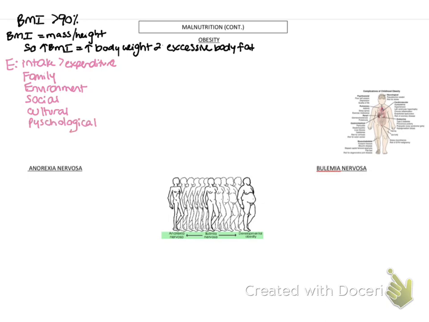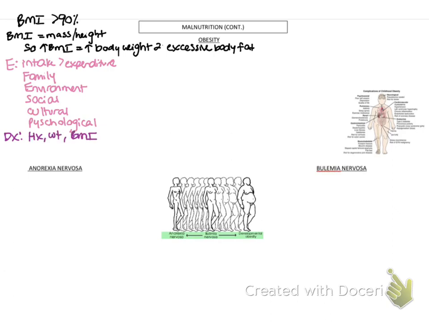And then psychological factors. Less than 5% of obesity problems have to do with an actual disease, like Prader-Willi syndrome, where they can't stop eating. That's less than 5%. 95% of obesity cases have some kind of mixed component. It's never just one thing, it's a combination, which is why obesity is so hard to treat, because it's never just, oh, we're not sitting down to dinner as a family, so we're going to sit down together and I'm not going to be obese anymore. No, there's other things going on.